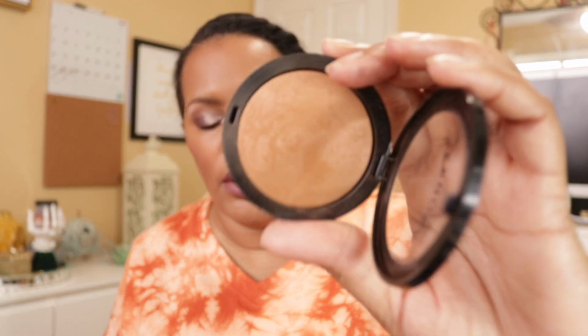And for my powder this week, it is also from Sephora. It is the Micro Smooth Baked Face Compact, and I have it in the shade Deep or 60. So it looks like that. Of course, my brow product is going to stay the same. This is the Fenty Brow MVP. I'm going to be using the same mascara, the MAC Stack. And we are going to get into my